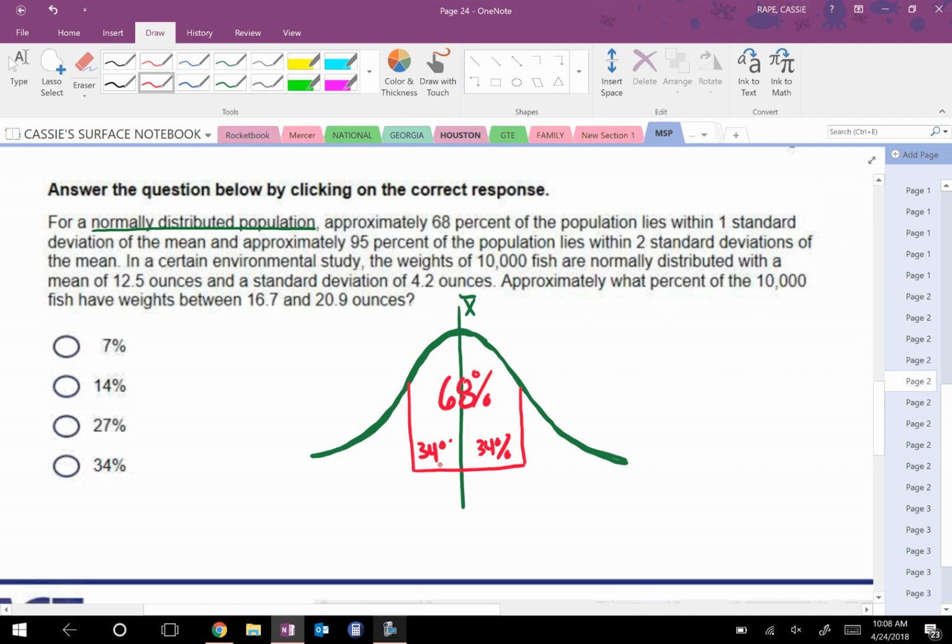Furthermore, the empirical rule goes on to say that it is calculable how many things would be, let me get a different color, how many things would be within two standard deviations of the mean. That number is 95%. 95% of the population is within two standard deviations. And so really, if you think about it in terms of what's in the blocks, if you take 95 and subtract the 68 that we've already used that's within one standard deviation of the mean, you will have